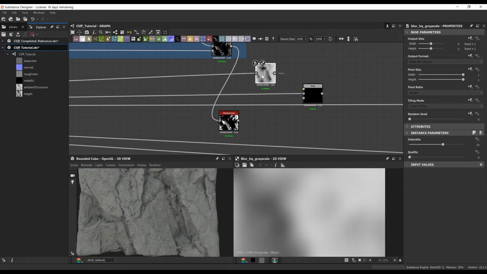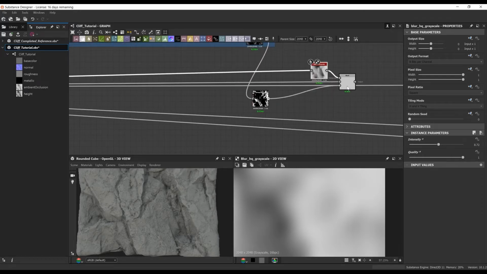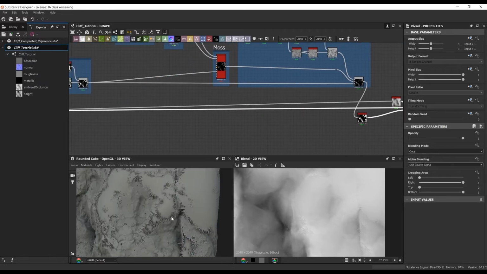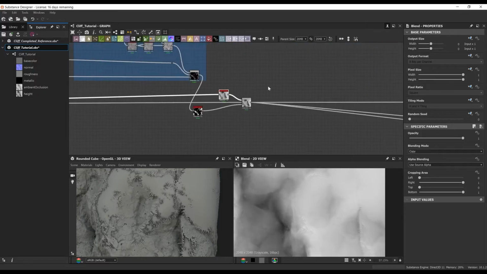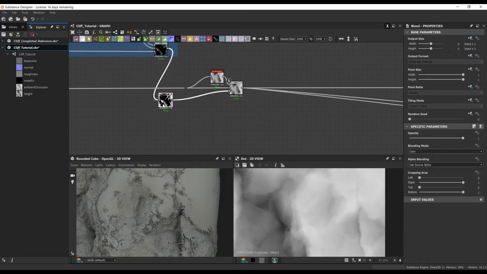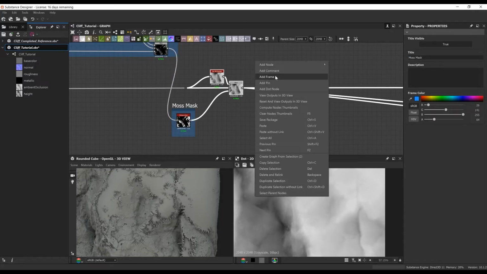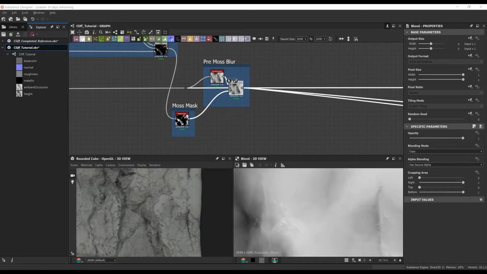Like what we did with our lichen, I'm going to do the exact same setup here, where we're going to do a pre-blur. You see right there where I added the mask and then did a blur on top of itself, you'll notice that it's getting this almost smooth transition on the actual cliff. This is good because now that we have these flat, smooth transitions, we can take our original moss and blend it on top, and we'll have a nice transition.